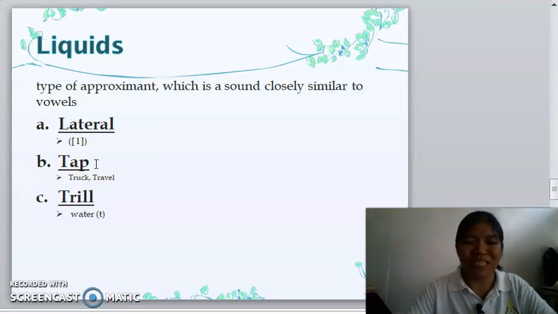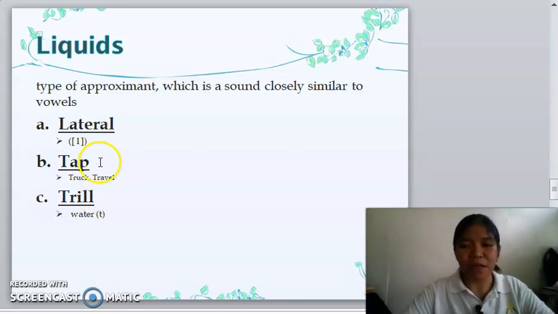And we also have tap. When we say tap, it is most of the times likened to trill, because tap and trill are somehow the same, but they are different in here. For example, tap is, in some languages,